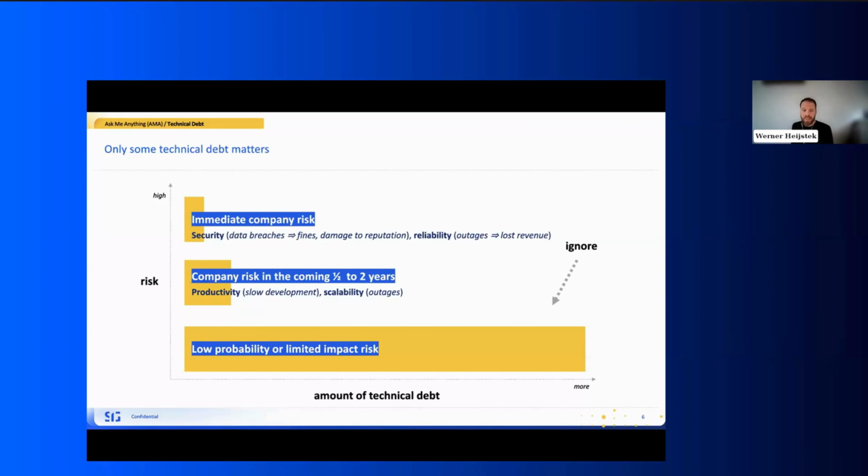But if you look at the top, a small amount of technical debt is really important to address. Security, of course, now is a no-brainer, but when I started working at SIG 12 and a half years ago this month, I would ask a potential client, should we also look at security? They would look at me strangely. No, that's not a problem here. We didn't think about that. Of course, that really changed in the past 5, 6, 7 years, where security now often is the first thing that organizations ask about.